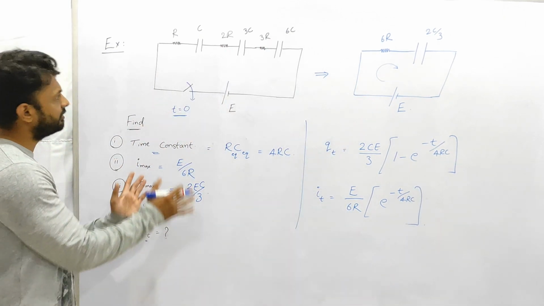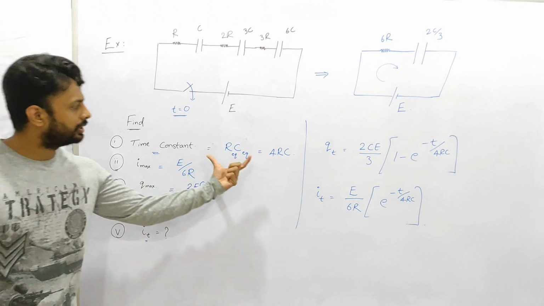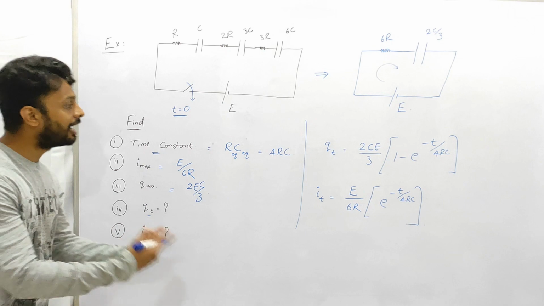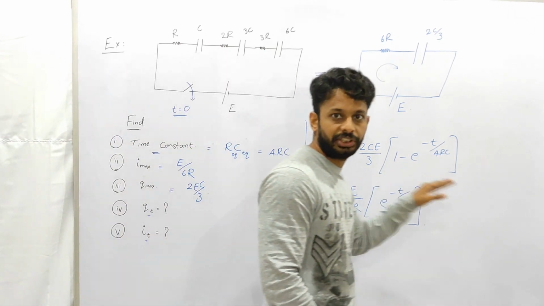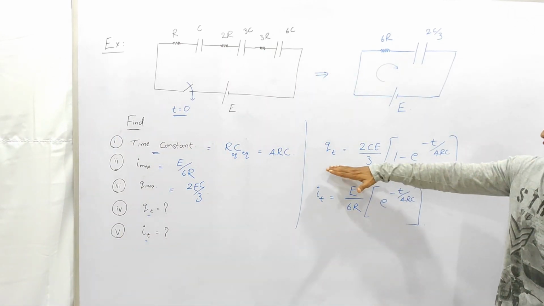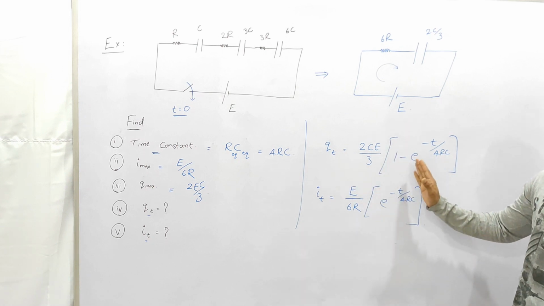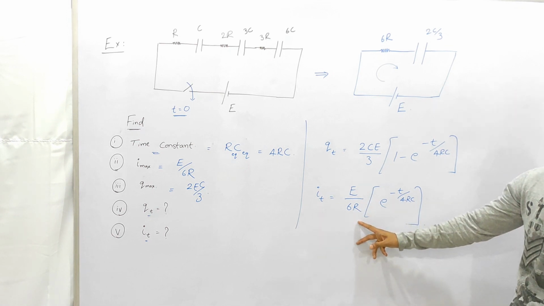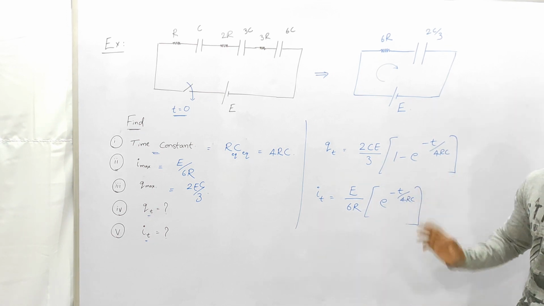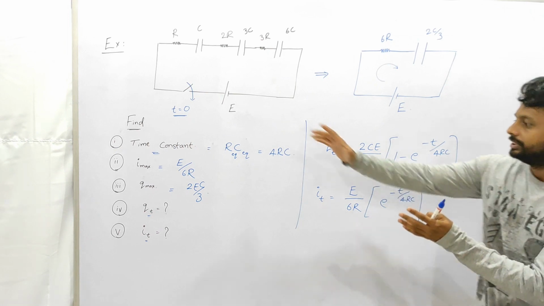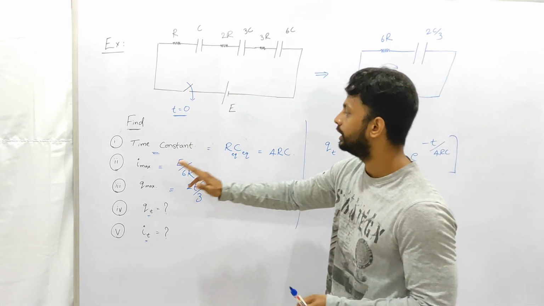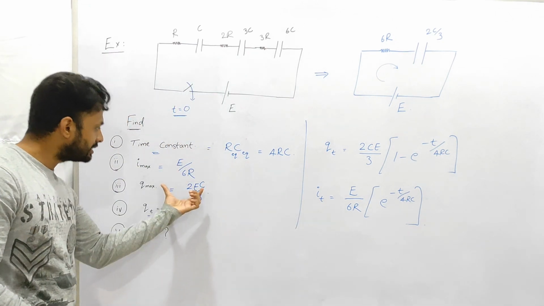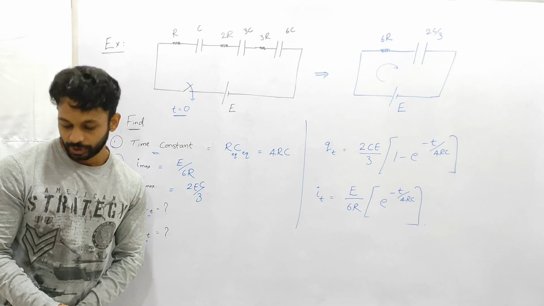That is basically what I do whenever they ask any question: I try to get the tau equivalent, I max, and Q max, then I put them into the equations which we derived previously, that is Q at any time t is equal to Q max into 1 minus e power minus t by tau equivalent, and I at any time t is given by I max into e power minus t by tau equivalent. So once I find the tau equivalent, I max, Q max, then for any further thing that they ask, we can get anything from this. Okay.